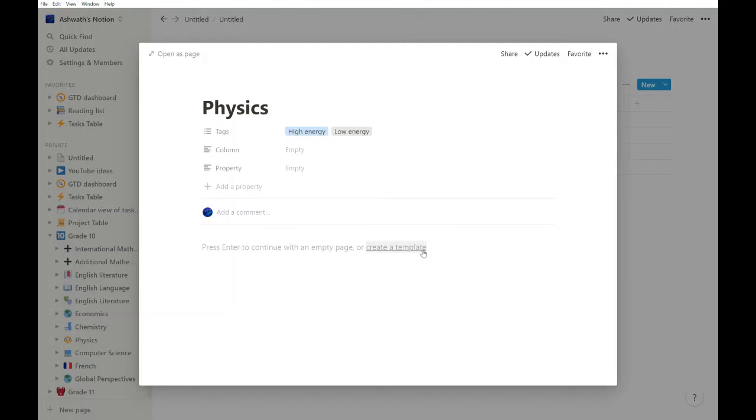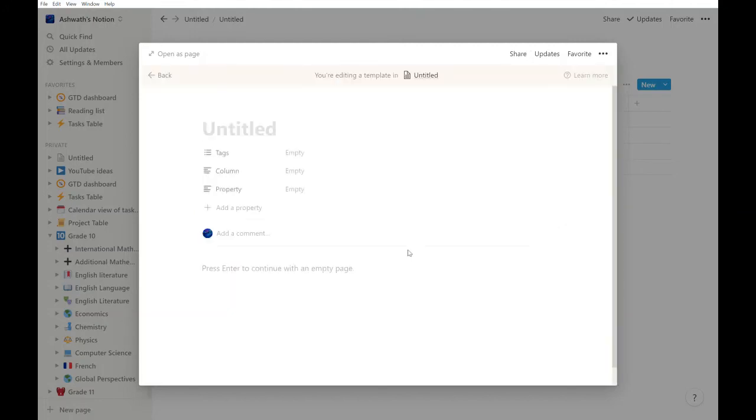Now this is the create a template button. This essentially creates a template for only that table which you have made. So it doesn't cross over into other tables, which is very great because then you won't have different templates crossing over which you don't use in one table but use in the other. So here I can create my own template. I can have a heading here if I want, and I can have the homework details here. Then after that I can have extra materials and everything else, and even a due date.